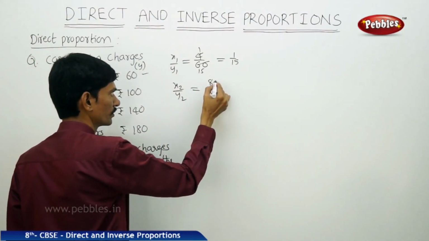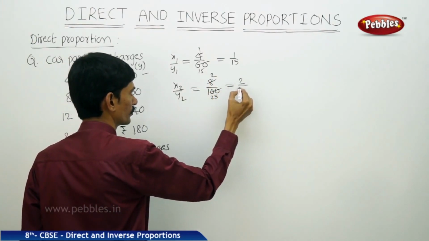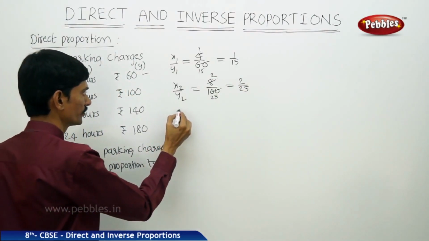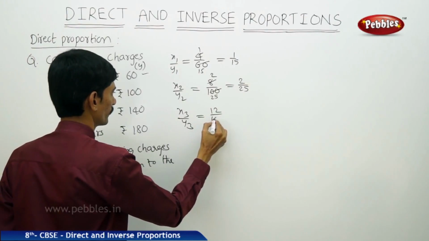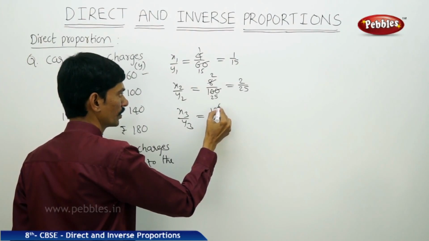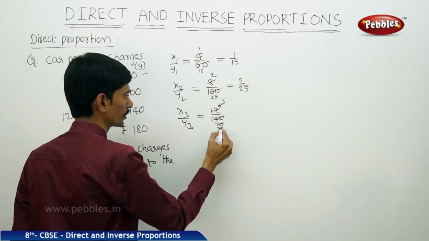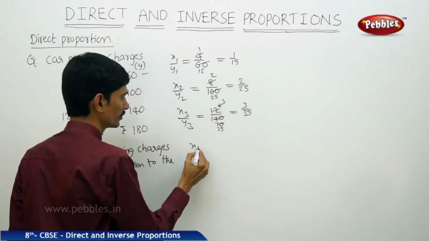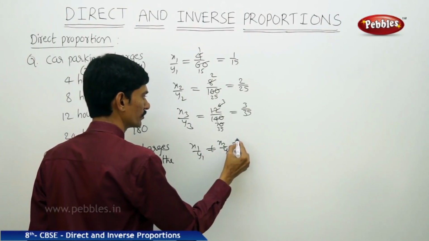Now here we can cancel that. 4 2s are 8 and 4 25s are 100. This equals 2/25. And if you observe the third case, 12/140 means x3 by y3 equals 12/140. Now here we can cancel 2 table. 2 6s are 12 and 2 7s are 14, 0. Again 2 3s are 6, 2 35. So this equals 3/35. So here x1 by y1 is not equal to x2 by y2, and this is not equal to x3